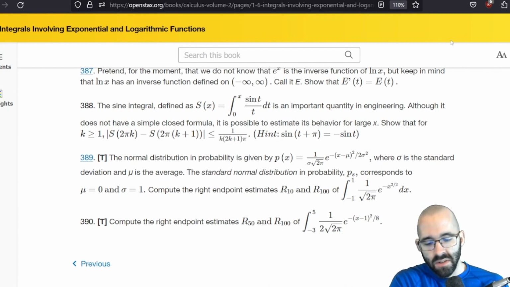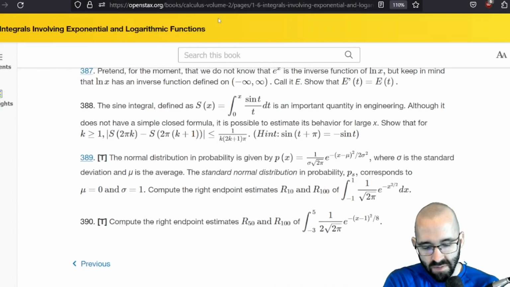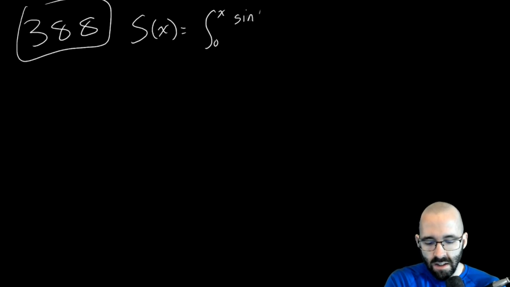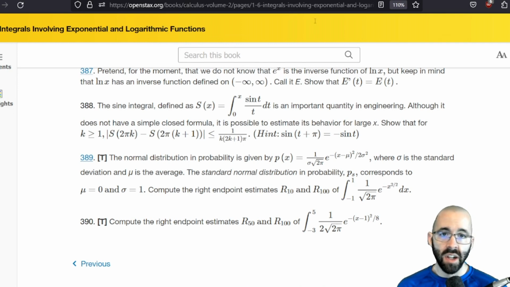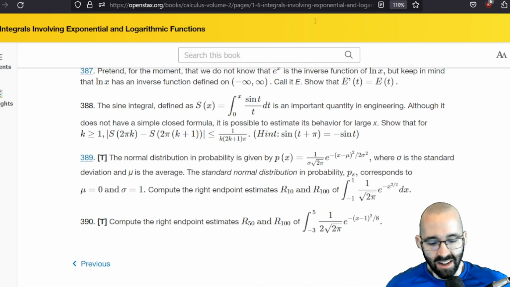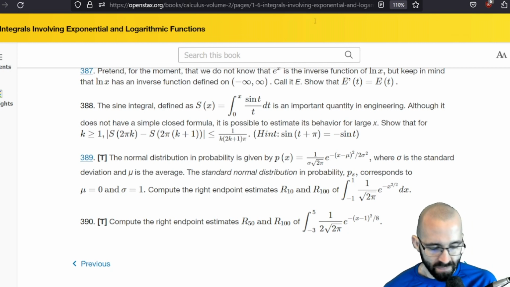So the sine integral, defined as S of x, I'm going to write that down. S of x is the integral from 0 to x of sine of t over t dt. It is an important quantity in engineering. So anyone who's planning on going into engineering, I'm not an engineer myself, but I'm taking it on faith that this is something important that we can use and connect with calculus. That's why I put it in this class, because I do have quite a few engineering students on average. So although it does not have a simple closed formula,